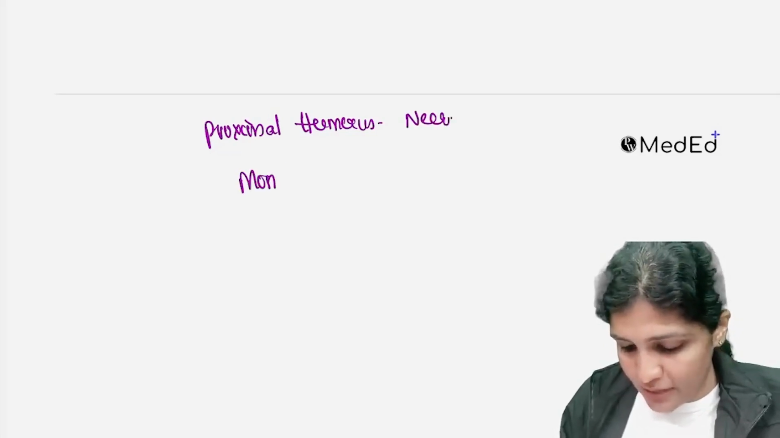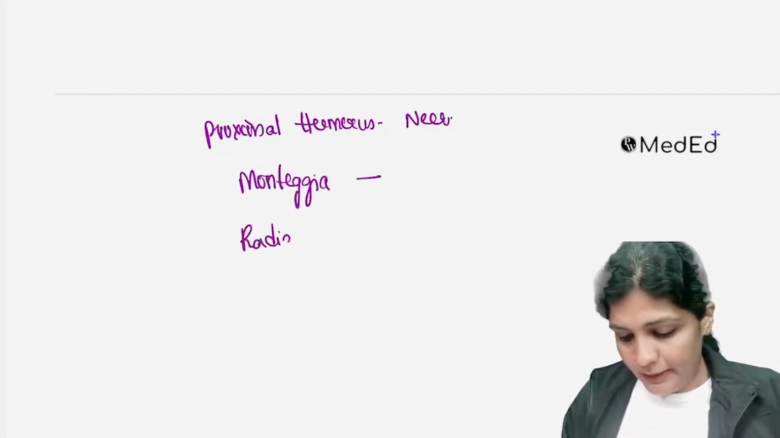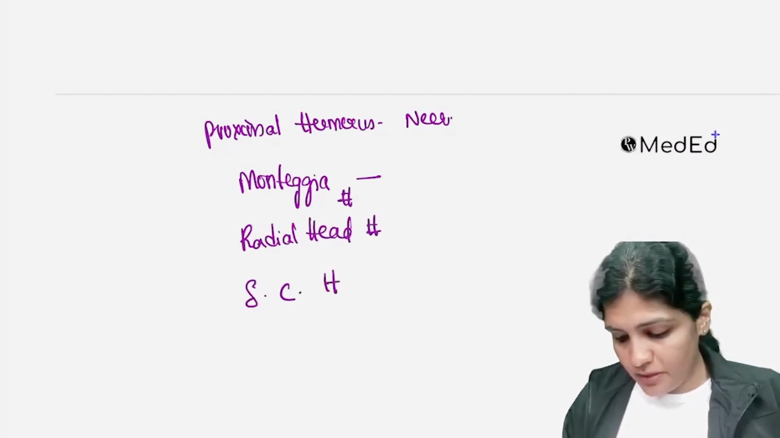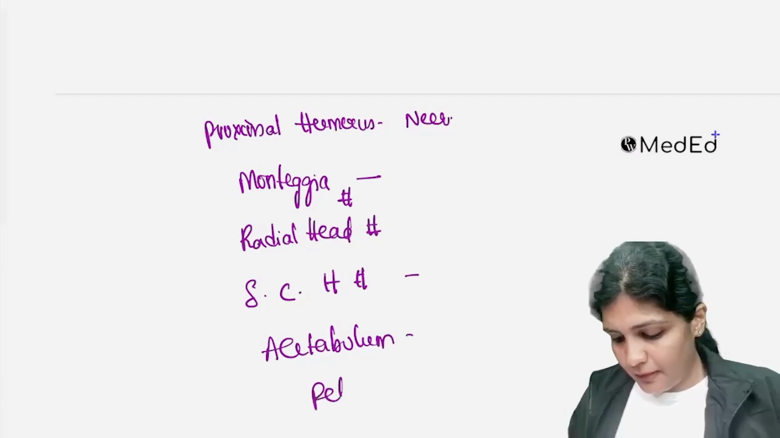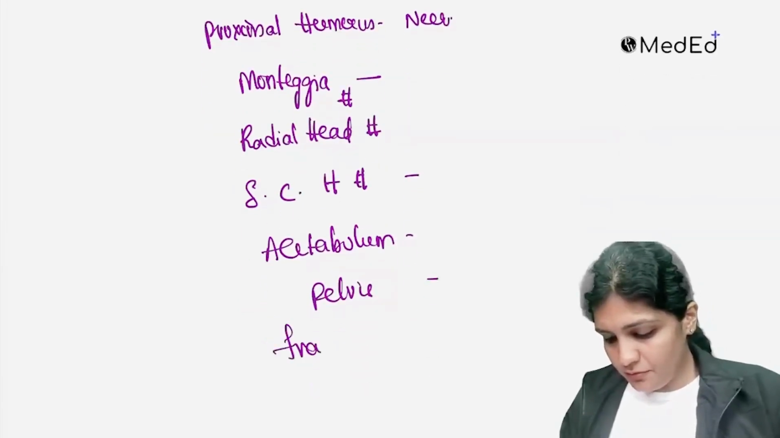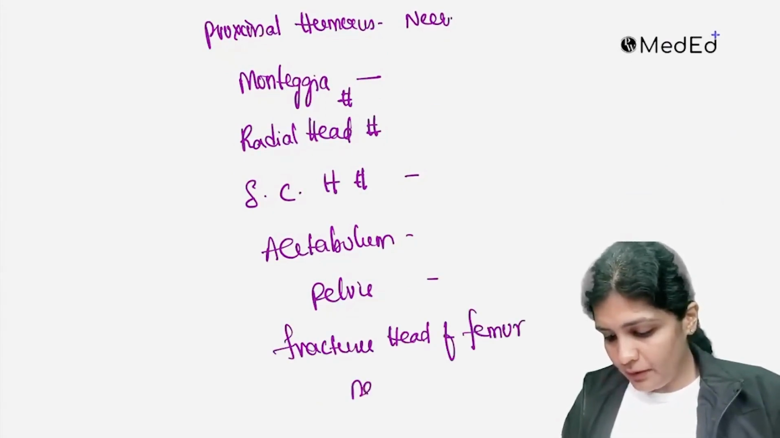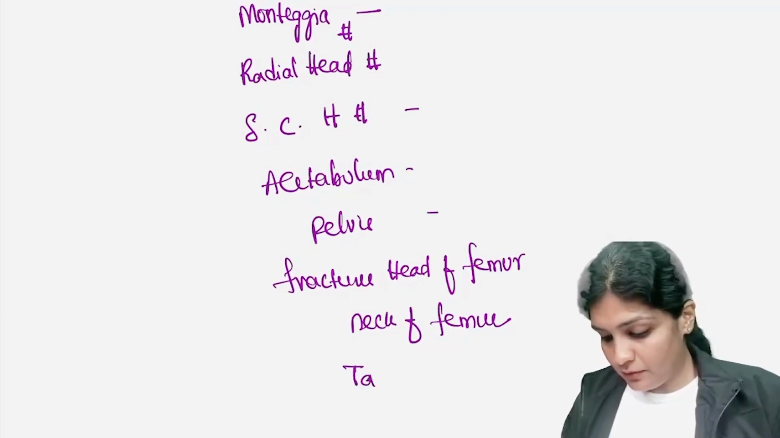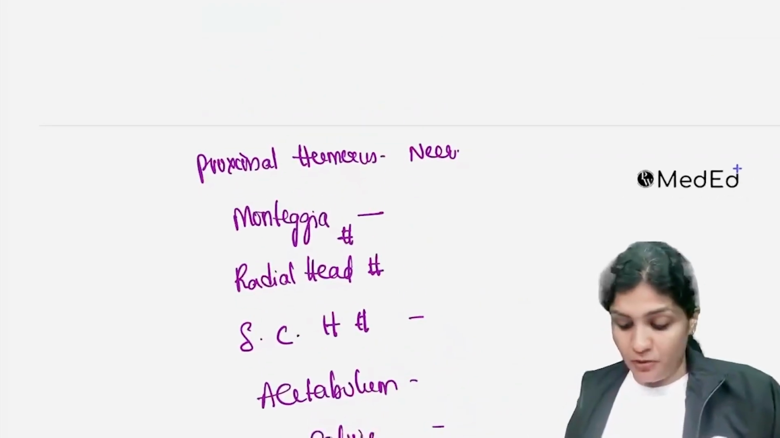Then coming to the Monteggia classification, radial head, supracondylar humerus fracture, acetabulum, pelvis, fracture head of femur, neck of femur, and then we have finished the talus and calcaneum. Yeah, we have finished, right? Proximal humerus also we finished. Then Monteggia,